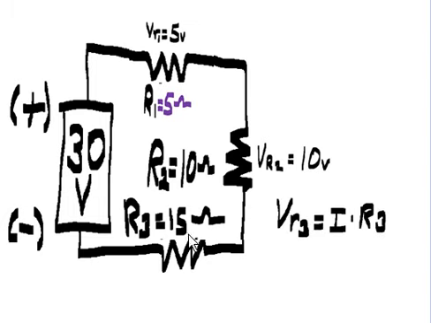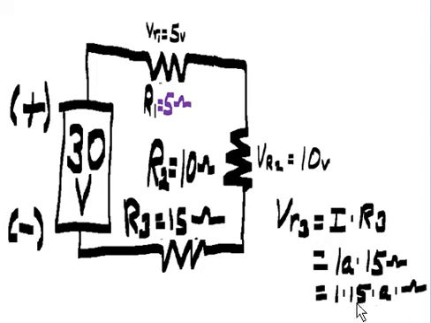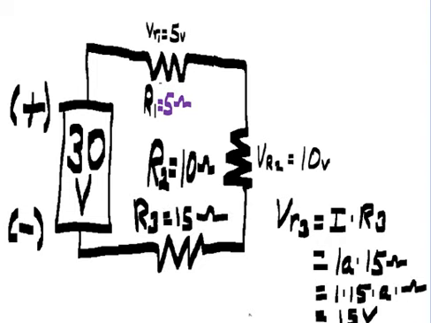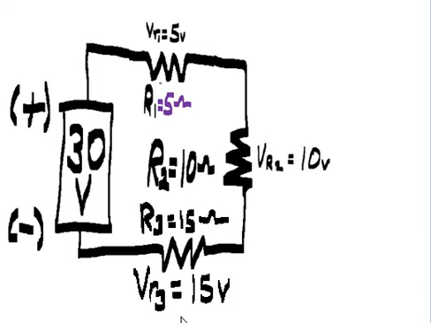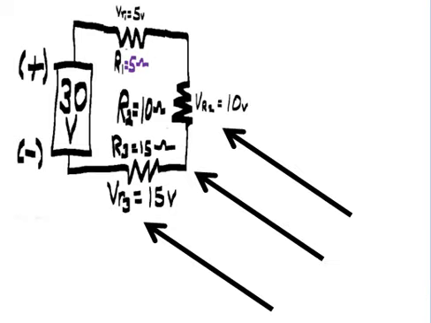Now, for R3, VR3 equals I times R3. R3 is 15 ohms. I is 1 amp. Let's rewrite this. 1 times 15 times amps times ohms becomes 15 volts. Let's move that over here. Move it up and out of the way,